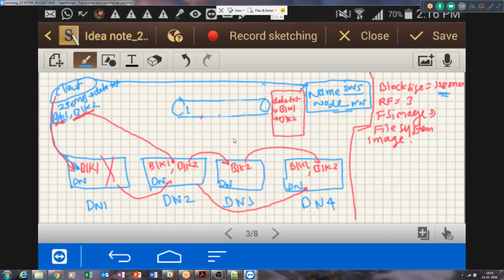And for block 2 also, it knows that block 2 is present on data node 2, data node 3 and data node 4, because it can scan the block report sent by the data nodes. So at any point in time, it can reconstruct the whole file system, depending on where the blocks are physically present, and which file each block is associated with.